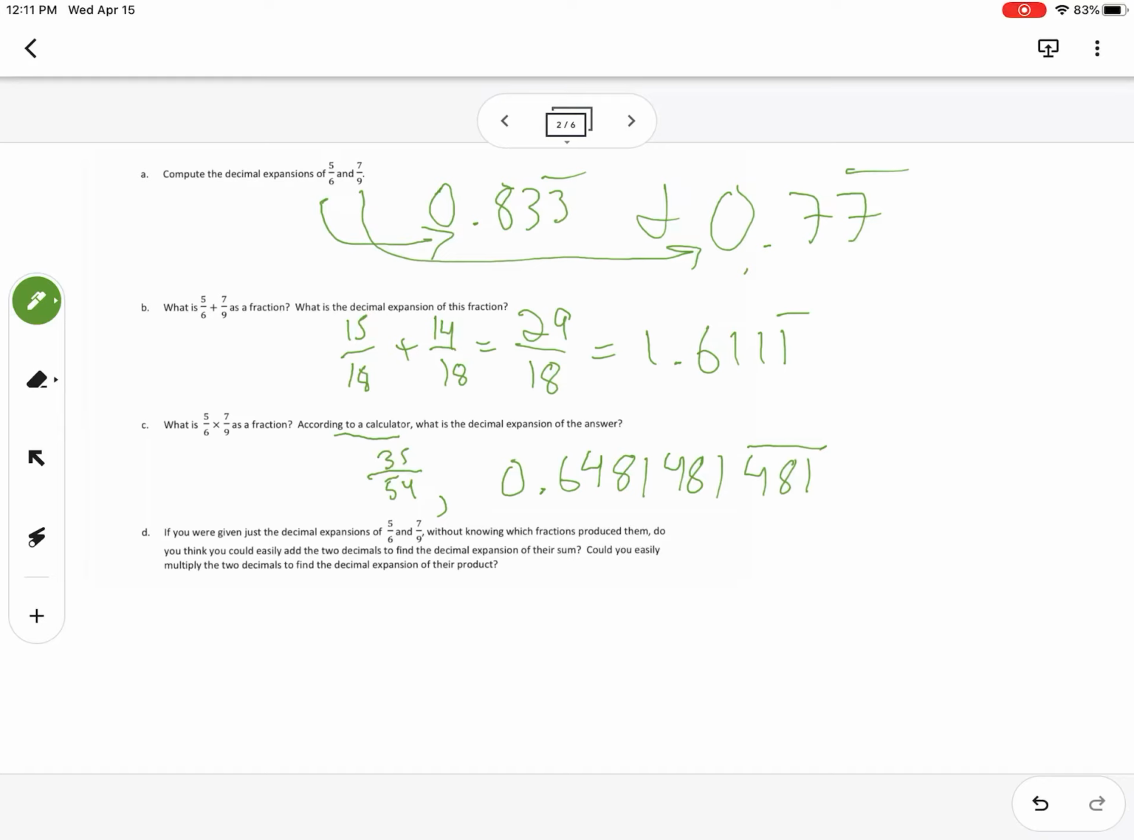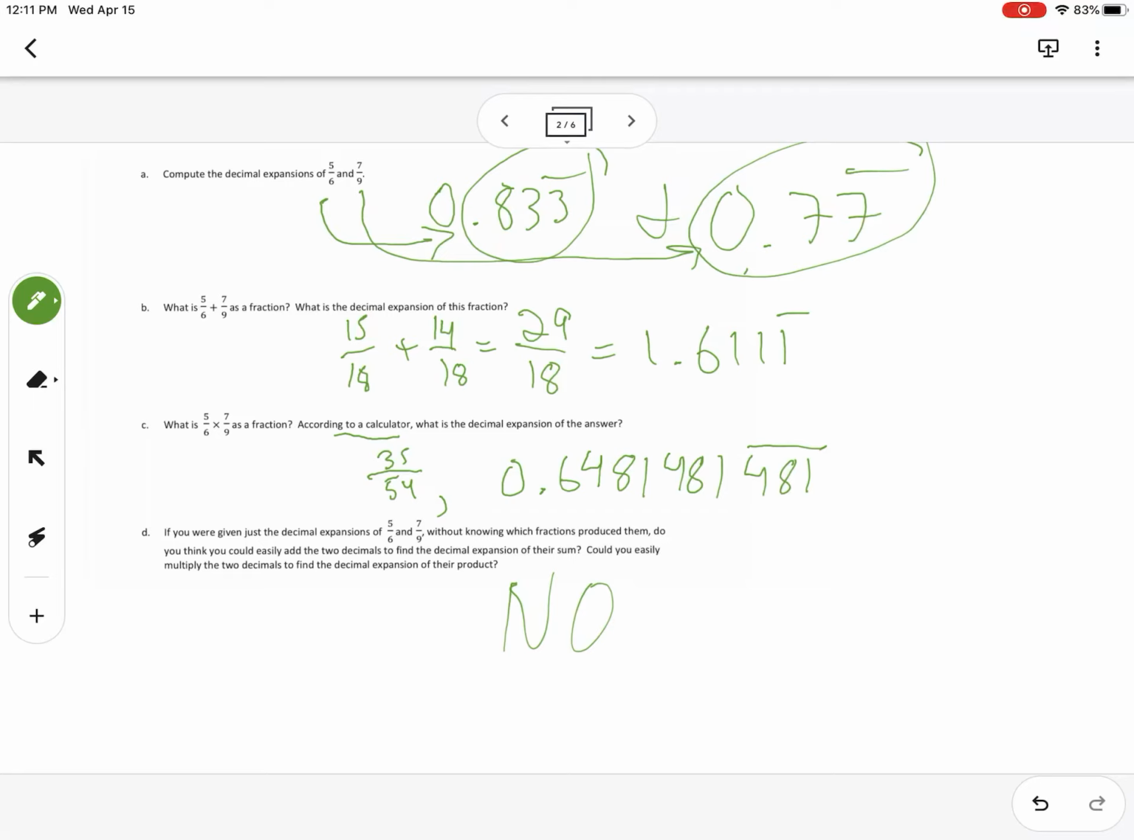All right, so part D here basically asks us this. If you were given just the decimal expansions of 5/6 and 7/9 without knowing what fractions they came from, do you think you could easily add the two decimals to find the expansion of their sum? Or could you easily multiply them to find their product? The simple answer is no, okay? If I had those numbers that went on forever, as they do up here,